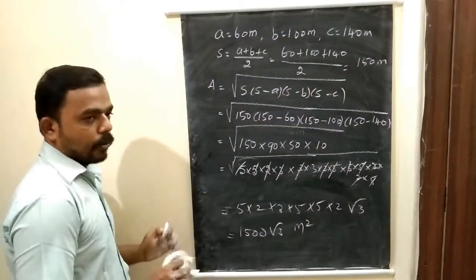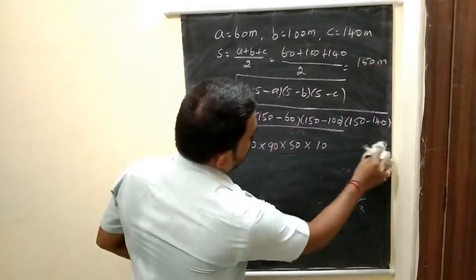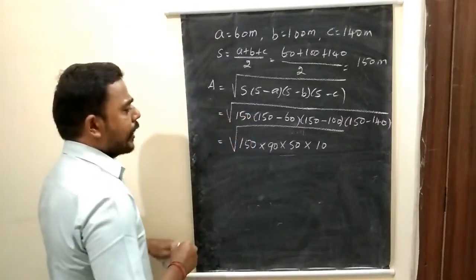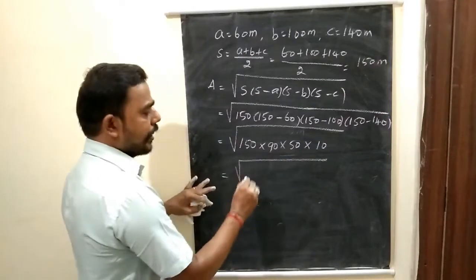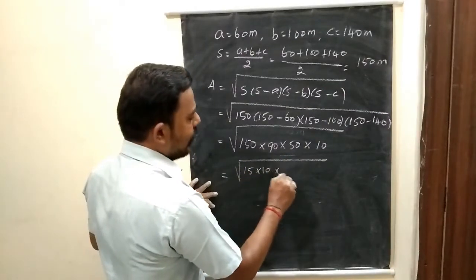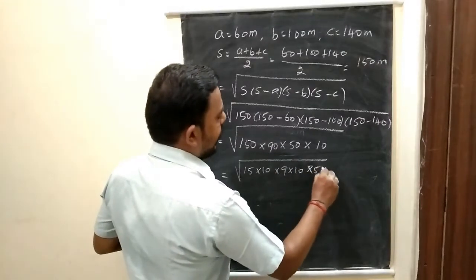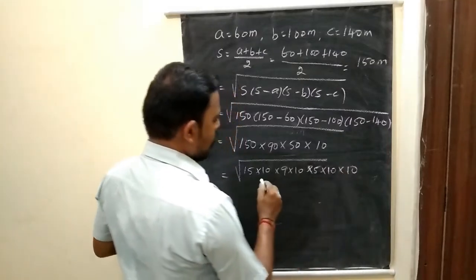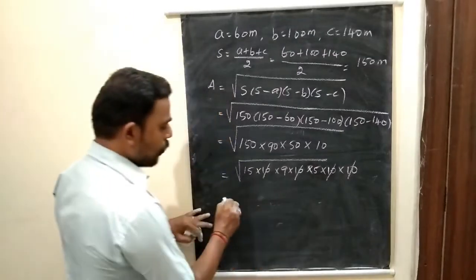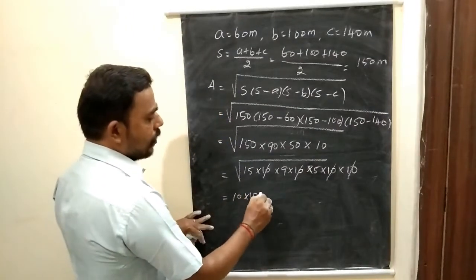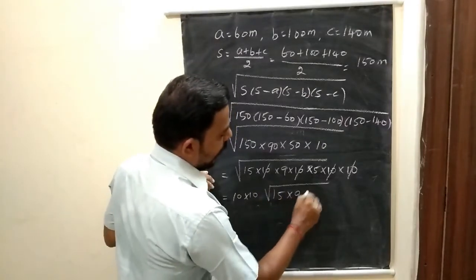So this is the idea. Just after this, now I am going to give the shortcut idea for the square root value. Now we can split 150. Everything 150, 50, 100, because 50 into 10 we can write, 9 into 10 we can write. For this 10 we can move one 10, for this 10 I can move one 10. So 10 into 10. Remaining, actually think about 15 into 9 into 5.